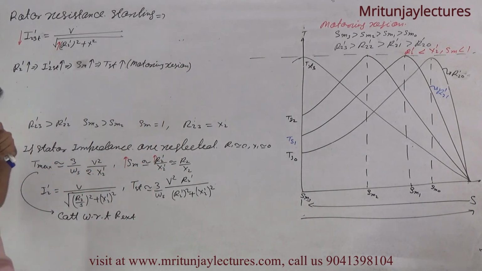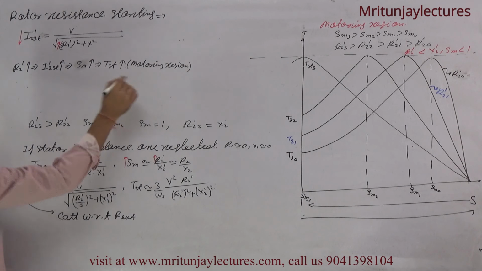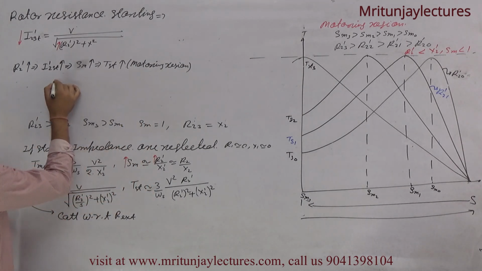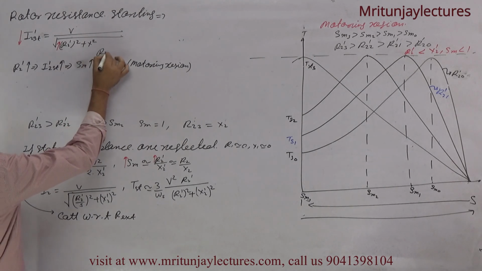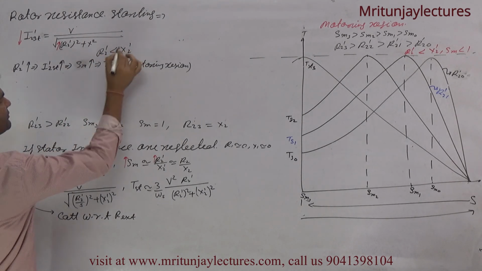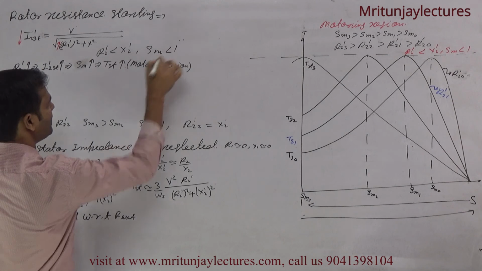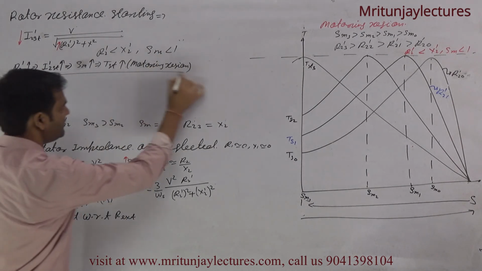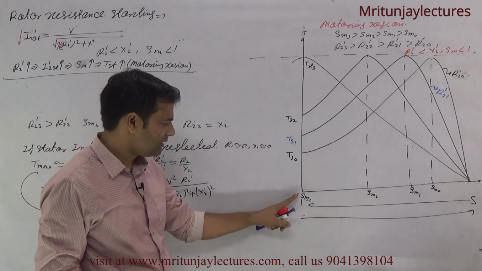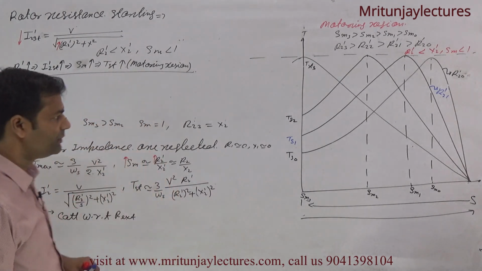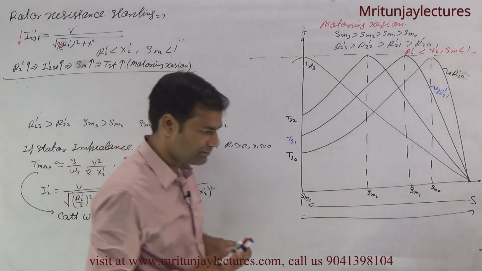Okay. In this region, you can say that R2 dash is less than X2 dash, SM is less than 1. Then this condition is fulfilled. Okay. Now another way, if slip is greater than 1, means if external resistance is added,